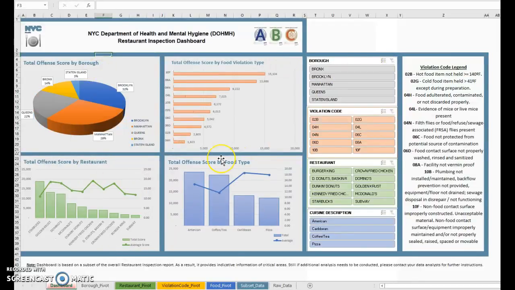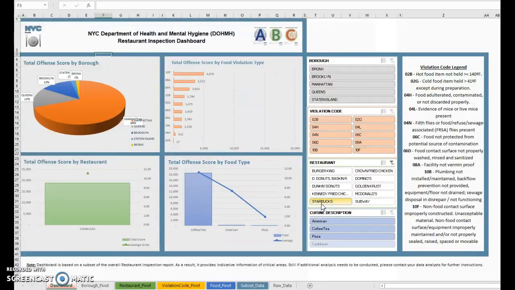And another potential use case could be that the New York City Department of Health Management would like to have a meeting, for example, with Starbucks, right? So they want to improve the overall food quality over here. So they may come to Starbucks and say, okay, so this is the overall geographical distribution of your shops. And we can see here that most of the shops are located in Manhattan,